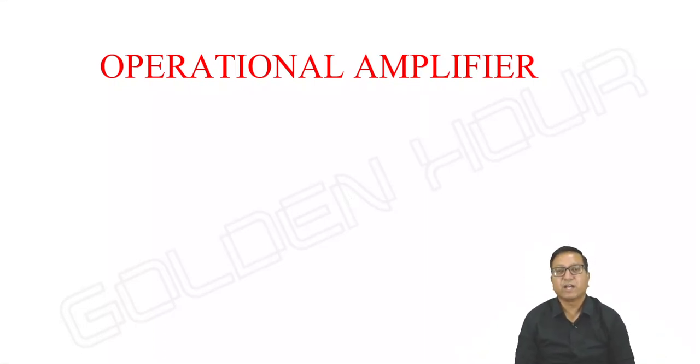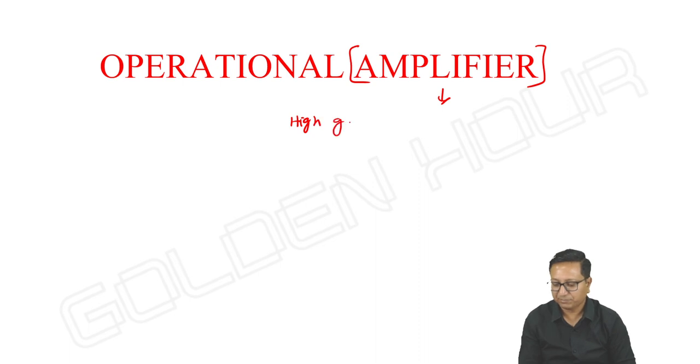So far, we have gone through the various semiconductor devices like diode, its applications, BJT, and FET. Now, let us have a look at another semiconductor device. Of course, it's an integrated circuit known as operational amplifier. Basically, it is a high gain voltage amplifier